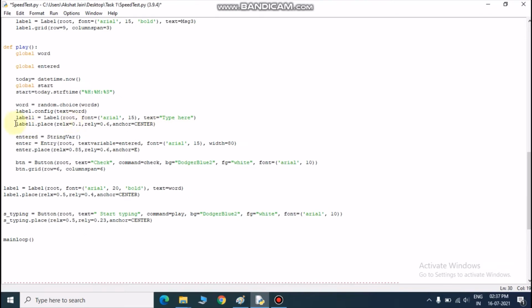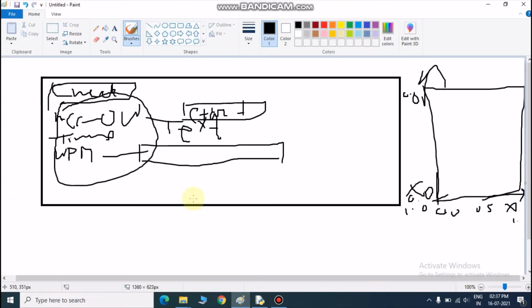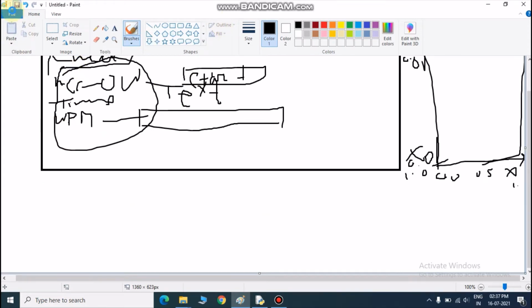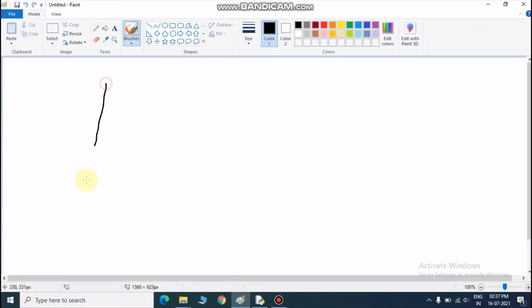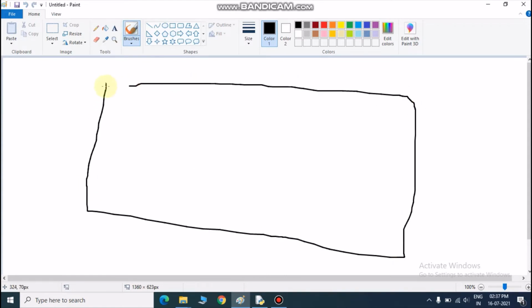Okay, after that I have aligned that label again, and I have already explained the meaning of this. And here is another term, anchor. What anchor does is, suppose here, let me clean it. Suppose we placed 0.5 and 0.5 as relative x and relative y values, then we will get our button in between this.